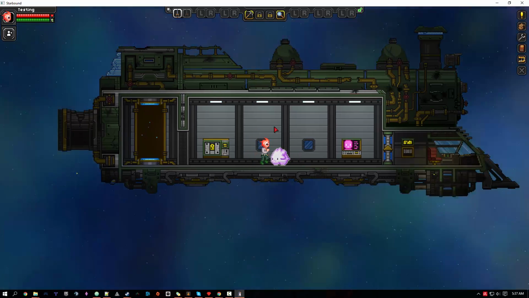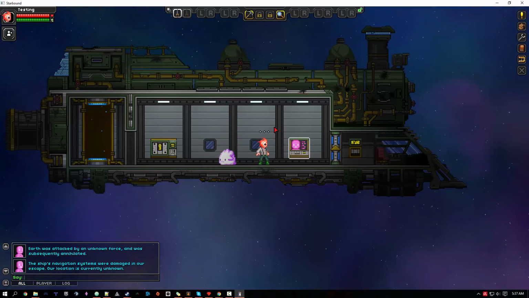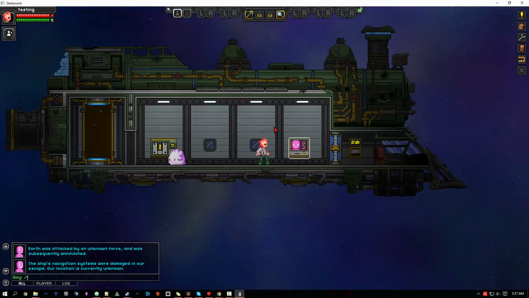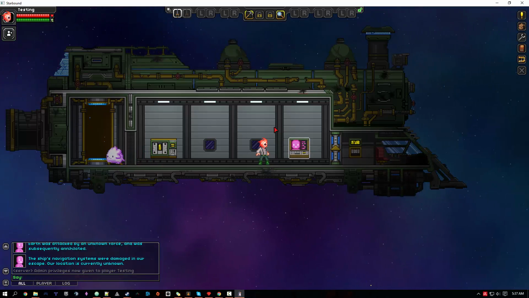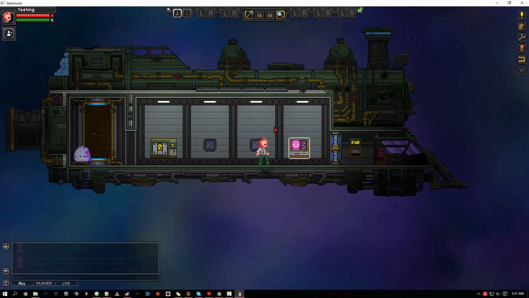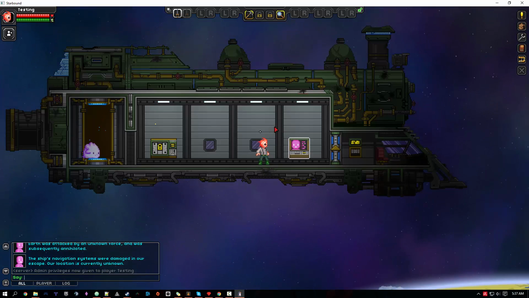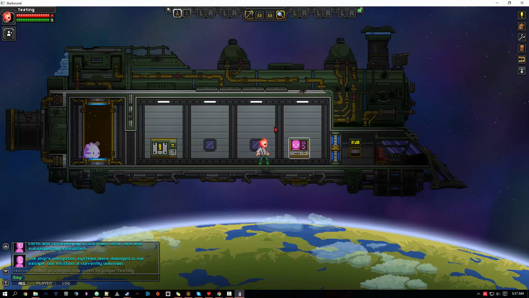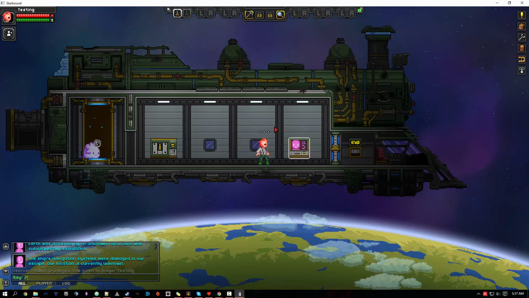Alright. So now, what you want to do is hit enter to open your chat. Do a backslash or forward slash, I can't ever remember which one it is. It's the one that looks like that. And type in admin. And it will say admin privileges now given to player testing, or to your player name. And then you can either press enter again to open chat, or if you press just a slash, it'll automatically open chat with